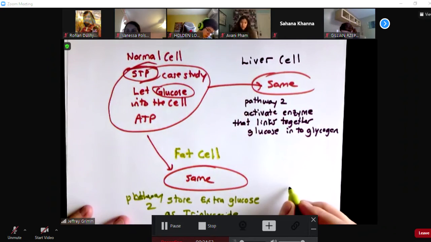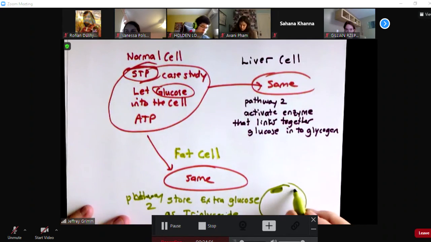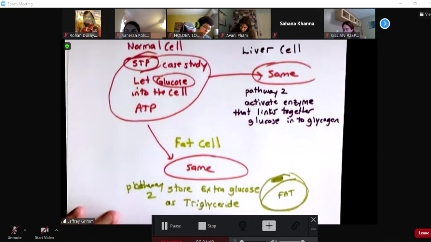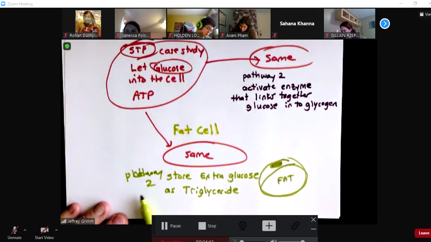Now, this is what a fat cell, called an adipocyte, looks like. Here's the nucleus, and the rest of this is just fat. So our goal when we bring in that extra glucose is to store it as excess fat.